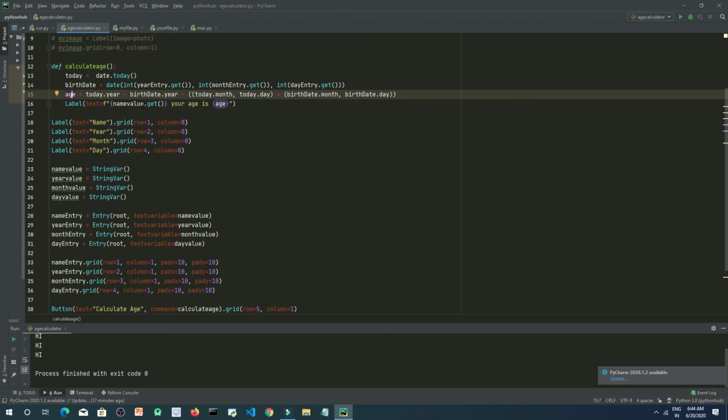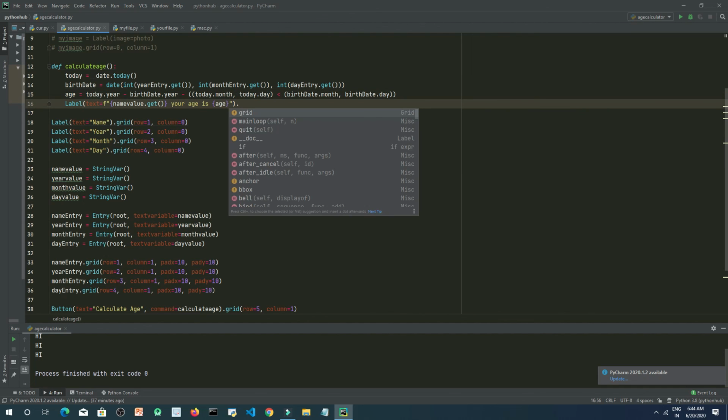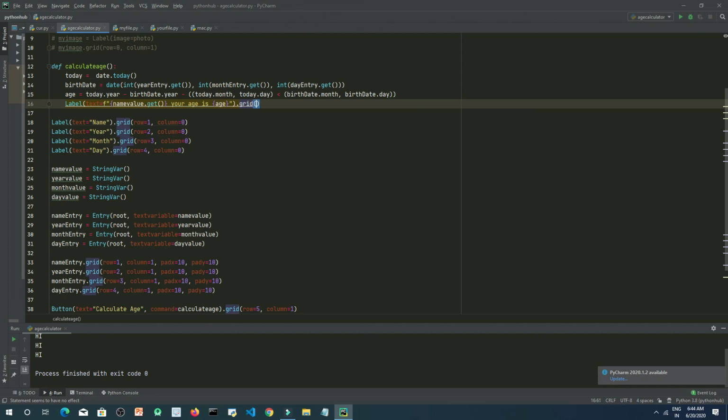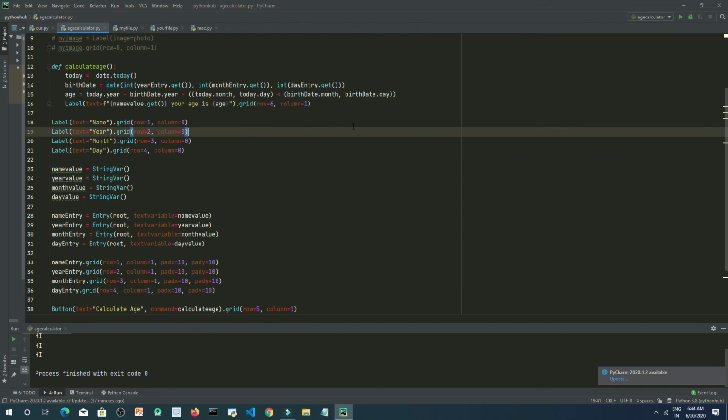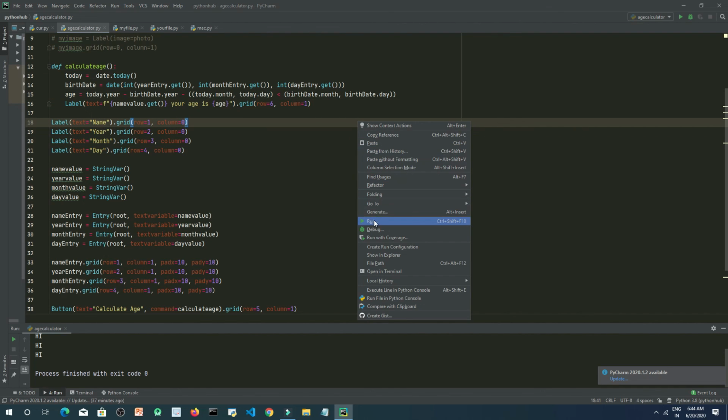We need to place it using the dot grid method, so row equals 6 and column equals 1.